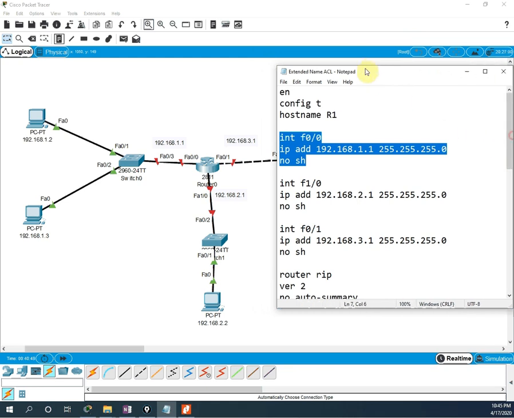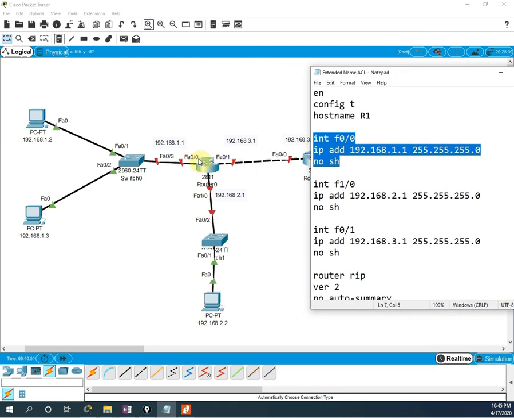Interface F0/0 has IP address 192.168.1.1 and this subnet mask, no shut. Then F1/0 has 192.168.2.1. This is also okay. F0/1 has 192.168.3.1 and no shut. So these all are okay.